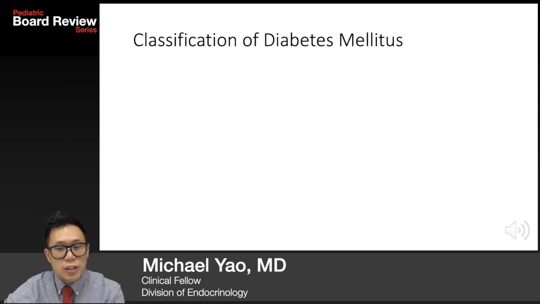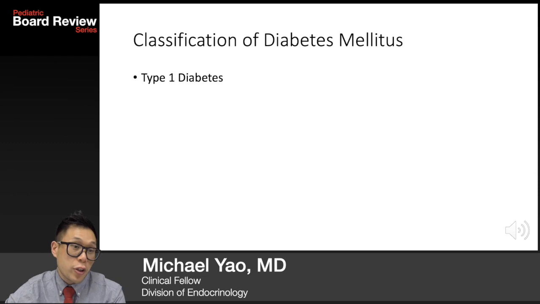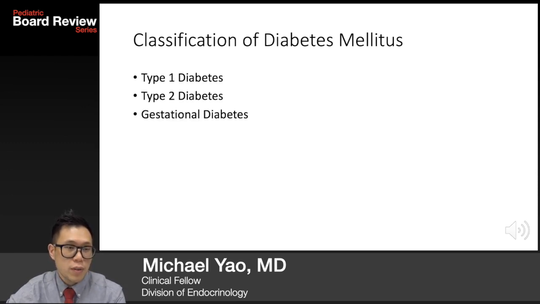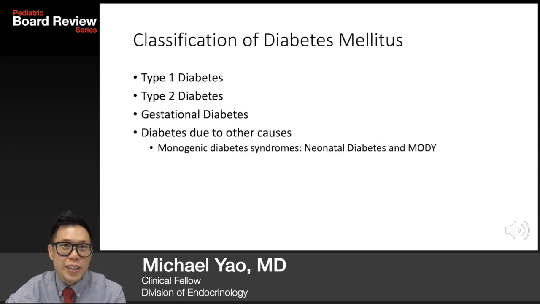Regarding the classification, diabetes mellitus can be classified into the following categories. The first is type 1 diabetes. Second, type 2 diabetes. Third would be gestational diabetes, which is diabetes diagnosed in the second or third trimester of pregnancy. And fourth, other causes of diabetes, such as monogenic diabetes syndromes, which includes neonatal diabetes, maturity onset diabetes of